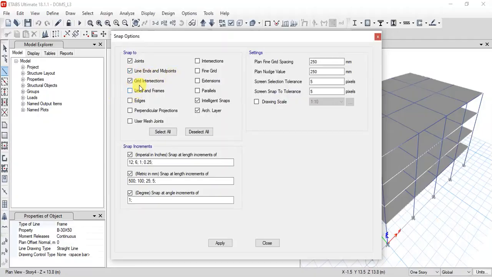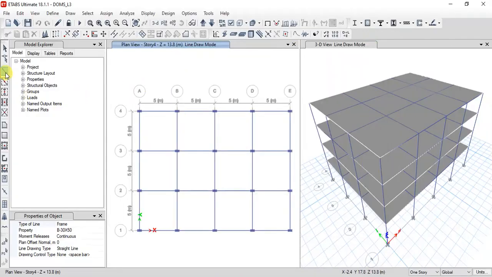It will be showing the intersection and the joints. So check this box and click apply. Close this window. Now go to draw beam. So let us draw one secondary beam between these two beams.